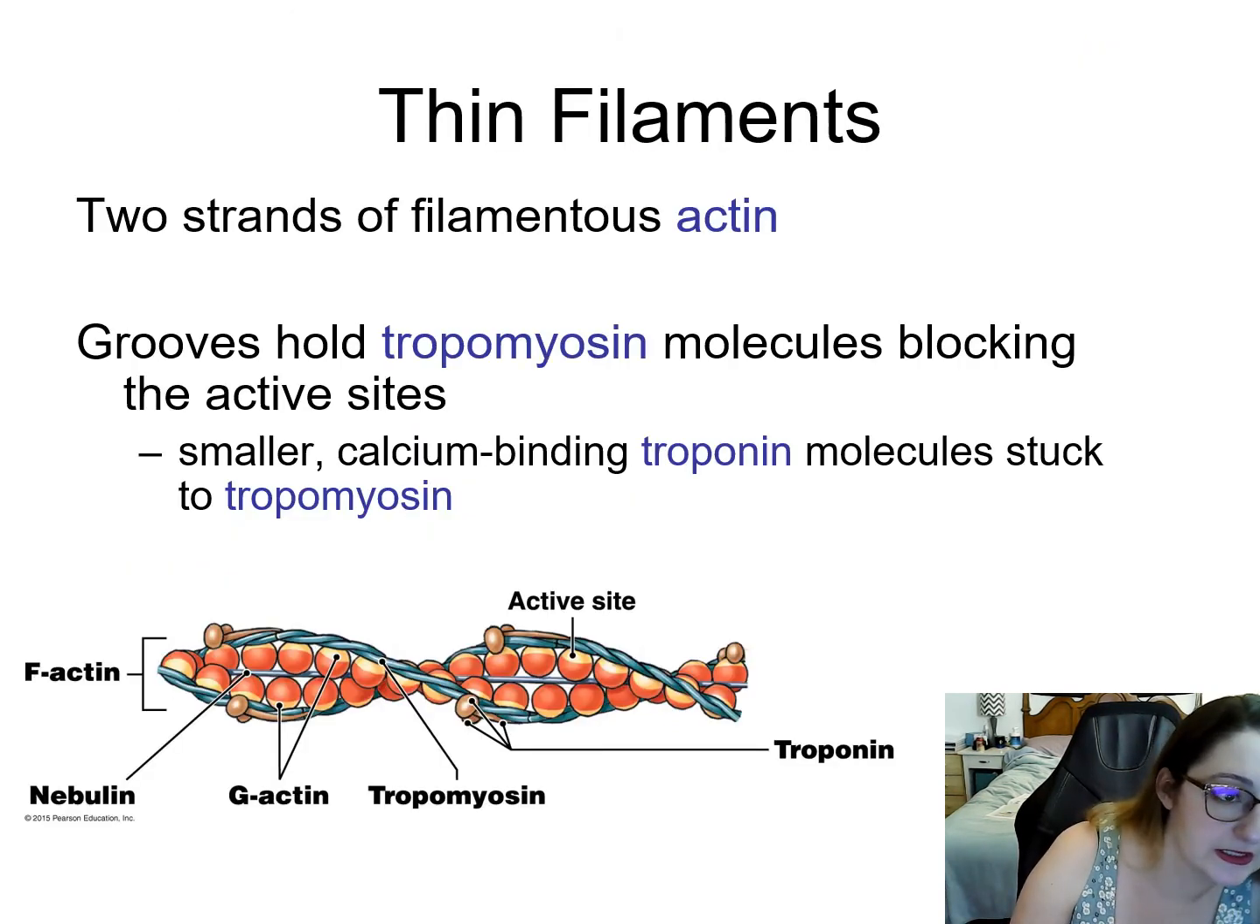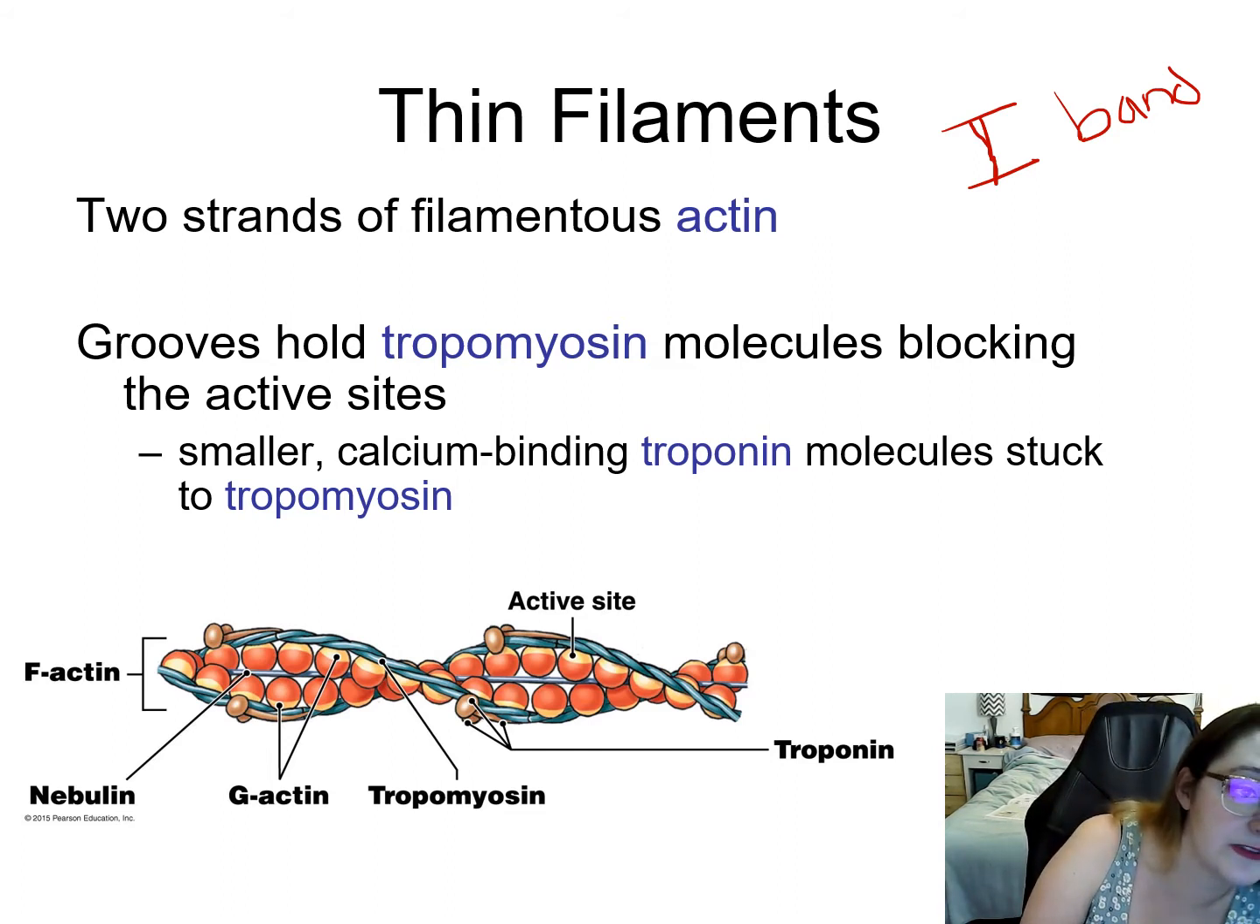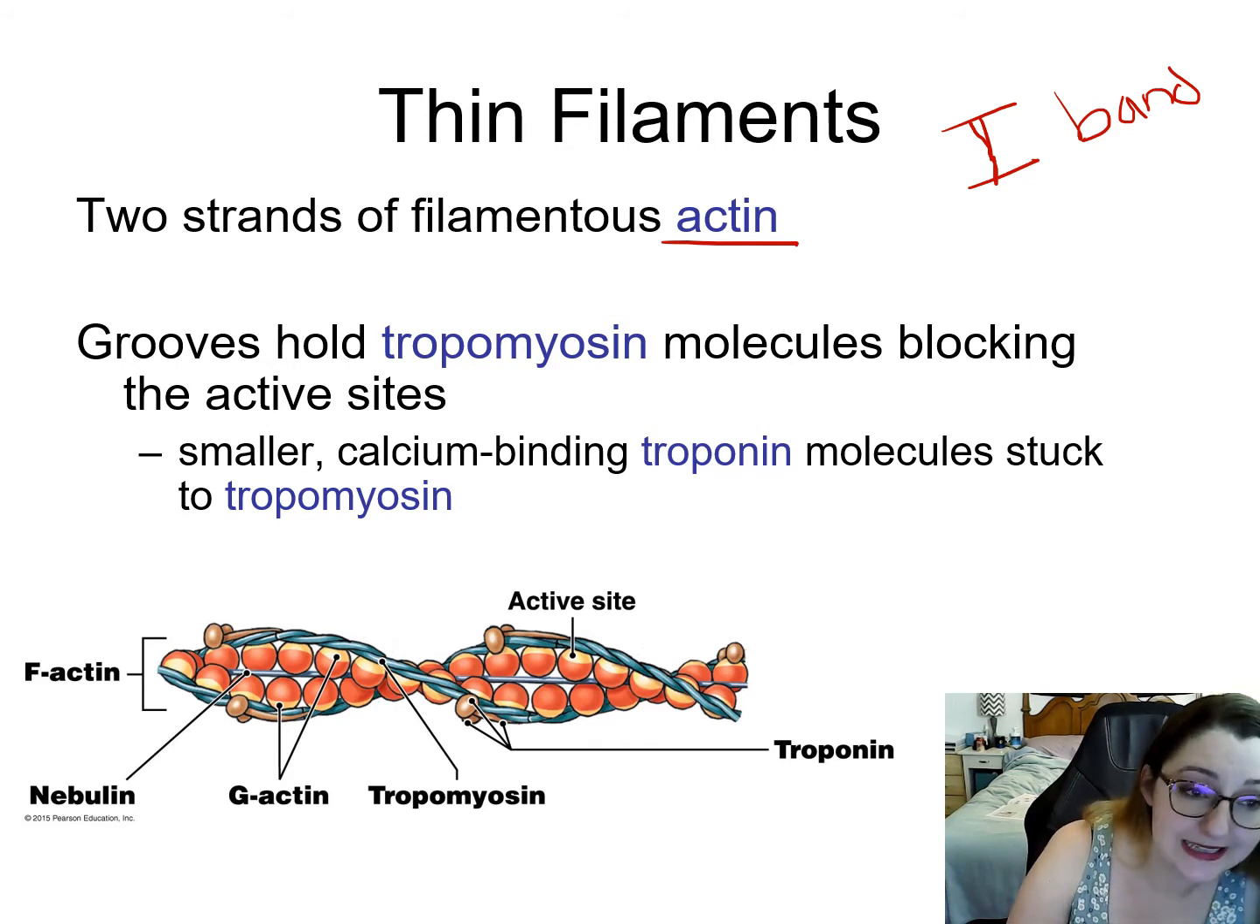So this is our thin filament. Keep in mind our I band. It's a really ugly I, I apologize. This is our I band, and it is composed of two strands of filamentous actin. So A bands are made of myosin. Thin filaments that compose the I band are actin, and it is going to have grooves that hold something called